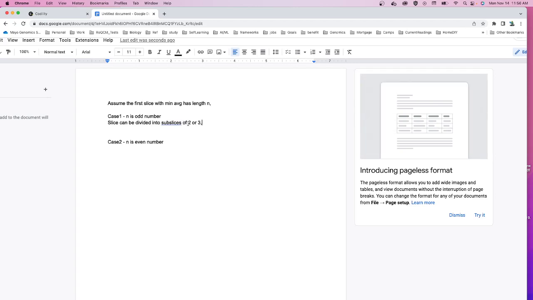It has to be a bunch of 2, and then because n is an odd number, there must also be a 3 there. So it could be divided into sub slices of either 2 or 3. It cannot be divided into 1 because